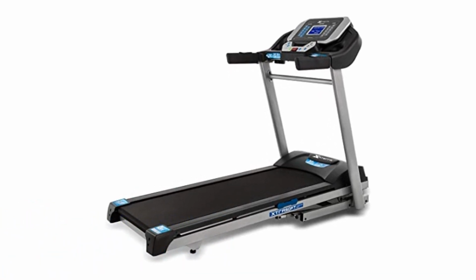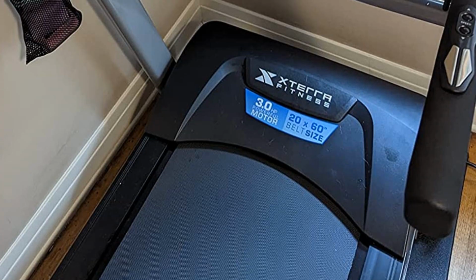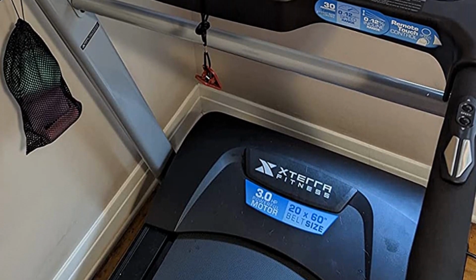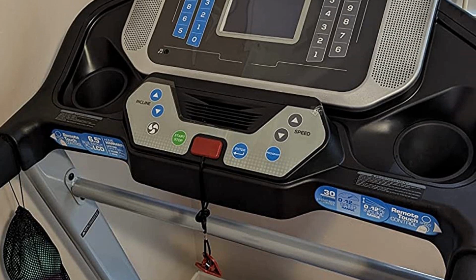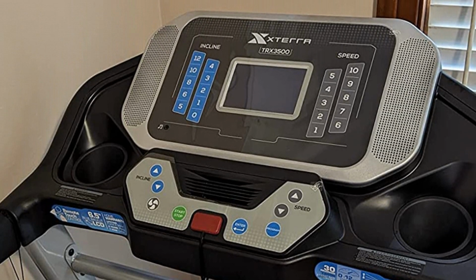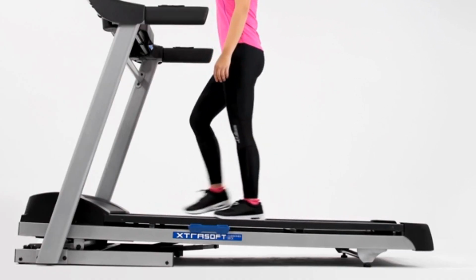It combines quality, performance, and great looks with the premium features you desire in a home treadmill. The heart-pounding speed range up to 12 miles per hour is powered by a smooth and quiet XTERRA 3.0 HP motor. Extra soft deck cushioning technology, an oversized 20x60 running surface, and 12 levels of incline are included in the long list of premium features. The console includes a large 6.5 blue backlit LCD display with 30 preset programs for a